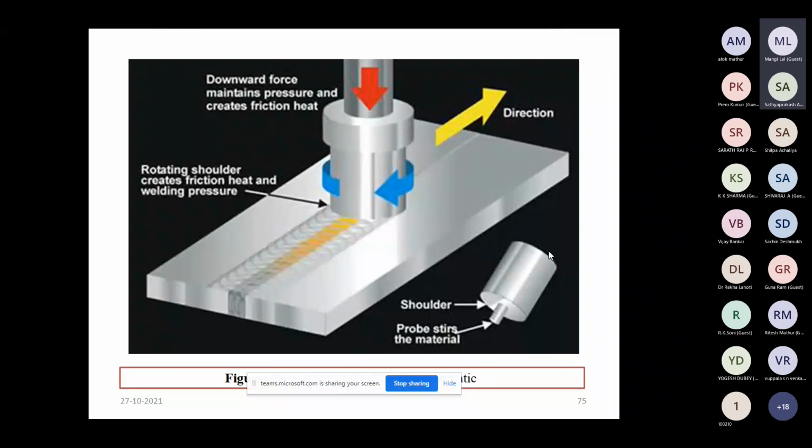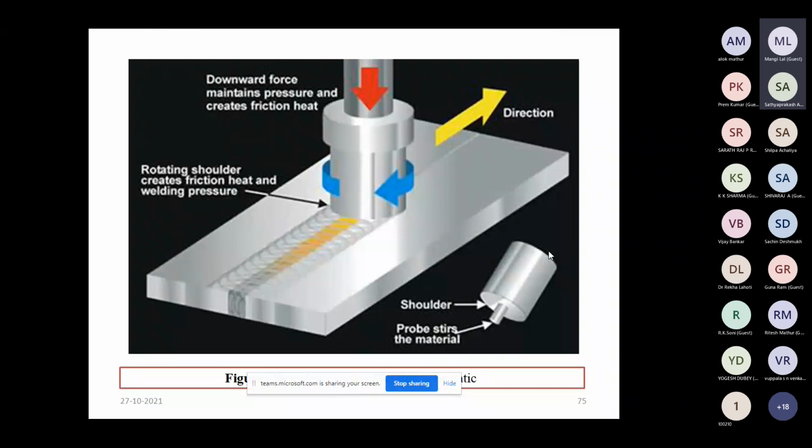So when the material to be joined is frictionally heated, some fusion takes place, and simultaneously the stirring by the pin intermixes the two components, and a solid bond is generated with the help of this friction stir welding.